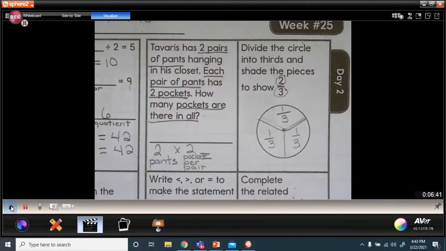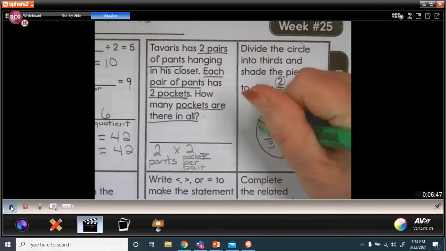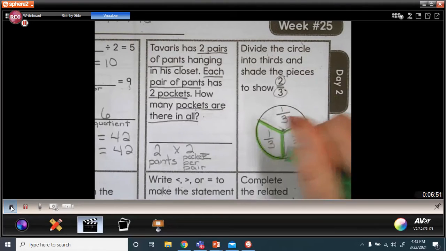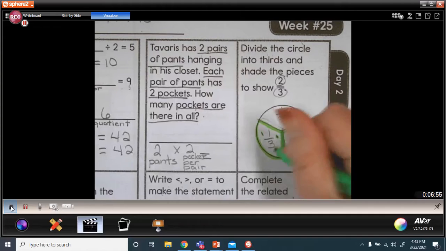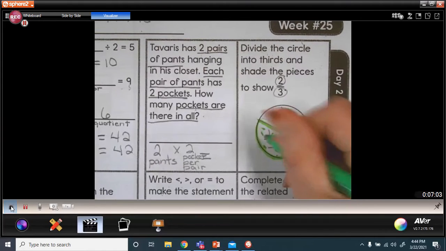So we're counting 2 of the thirds. So this could be 1/3, and this could be another third. I'm just going to dot those with the green to show that they're being shaded in